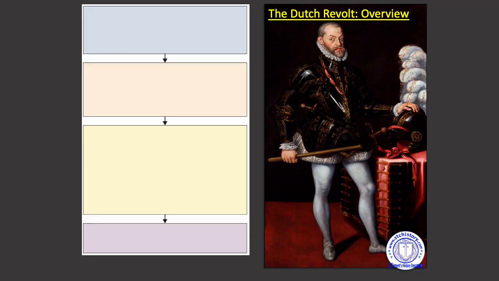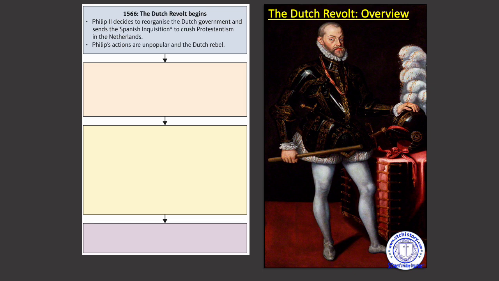So, the Dutch Revolt, quite a complicated topic. It's definitely not the easiest of topics, but it's something that is going to draw Elizabeth into a conflict eventually. So, we'll break down the story quite quickly. I'll reveal the information on this screen as we go. It's not overly difficult, but it's a little bit tricky. So, if you do have any questions on the Dutch Revolt, please let us know in class or drop us a line. So, firstly, the revolt begins in 1566.